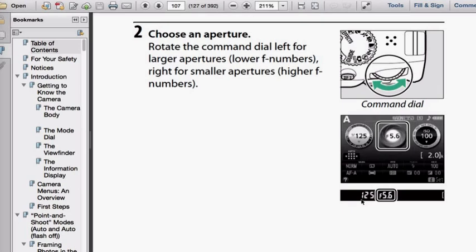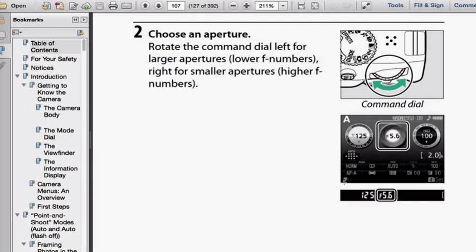I just want to specify, so if you are in shutter priority mode, that same command dial will change your shutter, because the camera is going to automatically do your aperture. And there is a way, when you're in manual mode, there's another little function button you press and hold. So if you're holding it, it's going to change one of them, and if you're not holding it, the other one will change